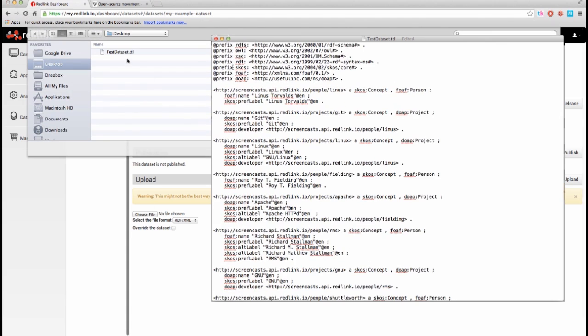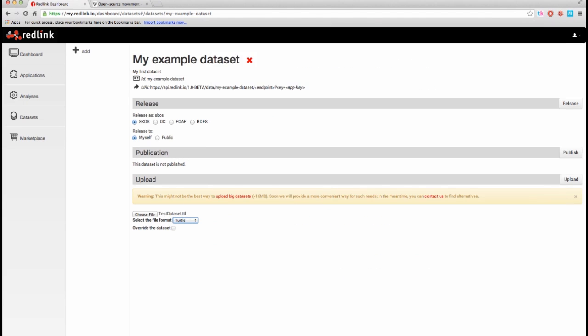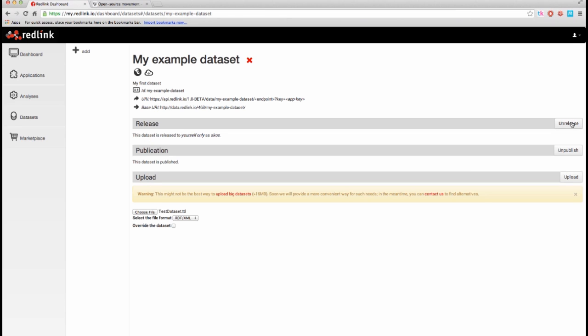Quickly choose a simple turtle file I created in advance. Find the format, then I can upload. Now that I've uploaded, I need to publish it as linked data and also release it as a SKOS vocabulary. Now that I have this done, I can go to the analysis